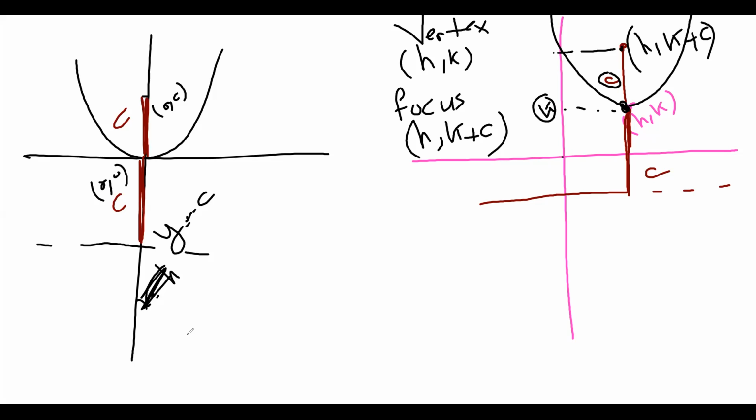Okay. Here now, I have the point HK. This is the vertex of my parabola now. So I want now to find the new focus. The new focus will not be 0, C as the previous one. It has to change. So it will be now